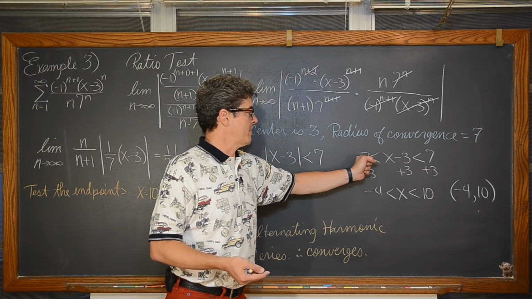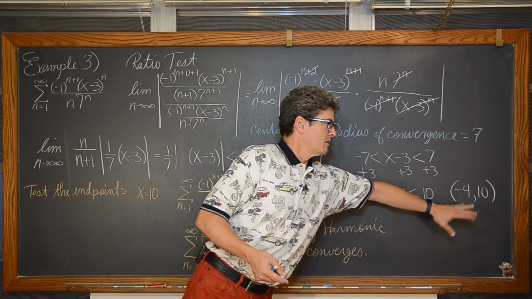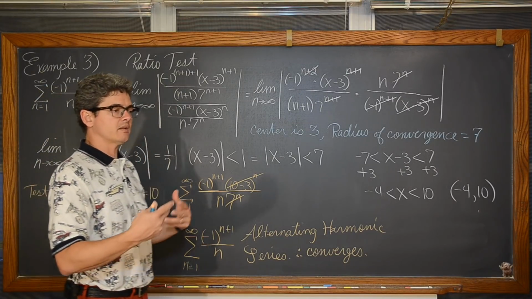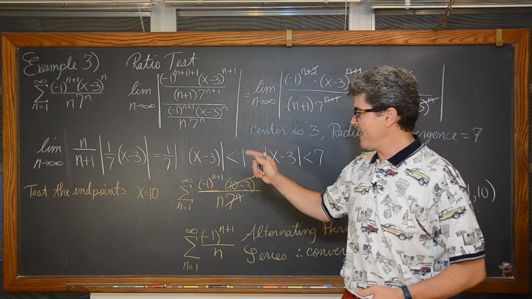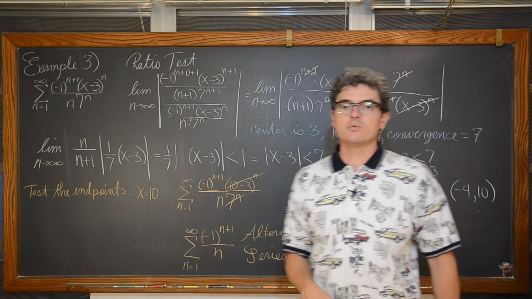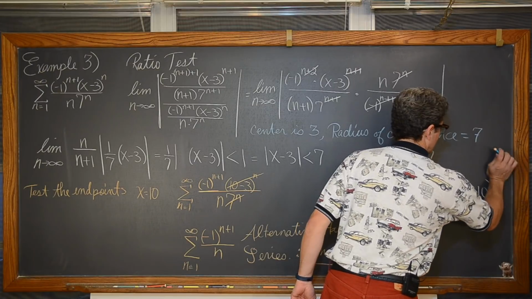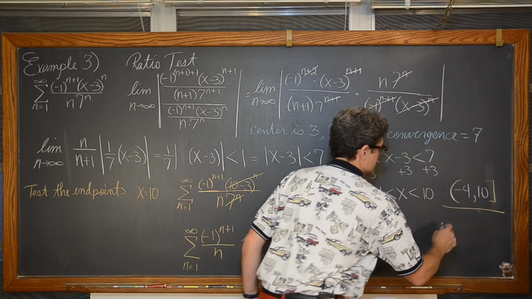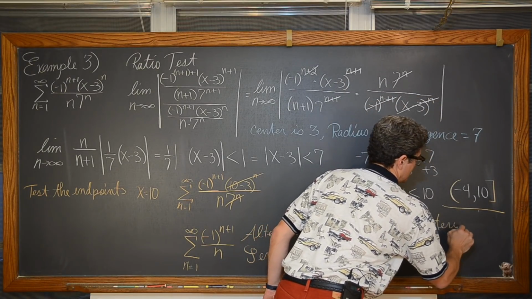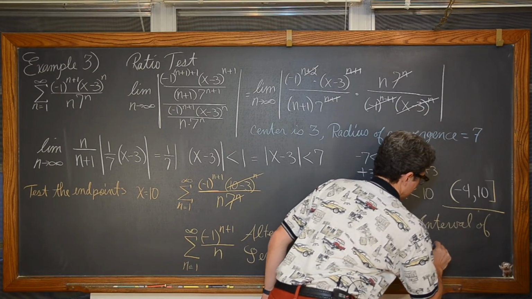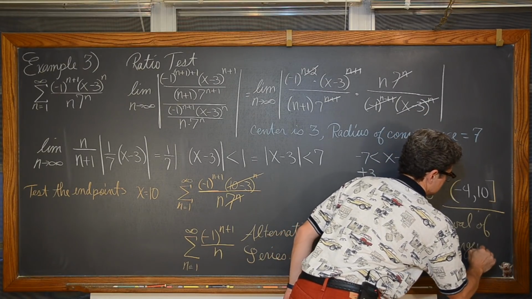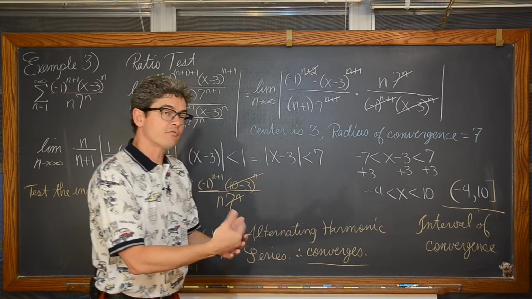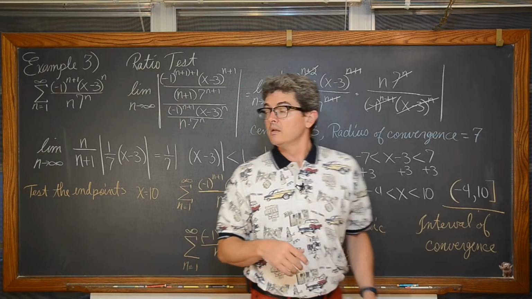We went ahead and wrote that as a compound inequality. We solved, found a preliminary interval of convergence, checked the endpoints. Negative 4 didn't work, in the sense that the series came out to be divergent, but 10 did; at x equals 10, our series did converge. So our final interval of convergence, because I'm running out of space here, this is our interval of convergence. So again, if you take these x values, starting from but not including negative 4, up to 10, plug